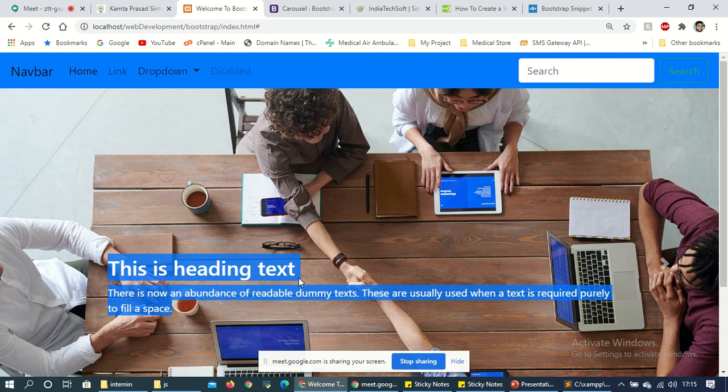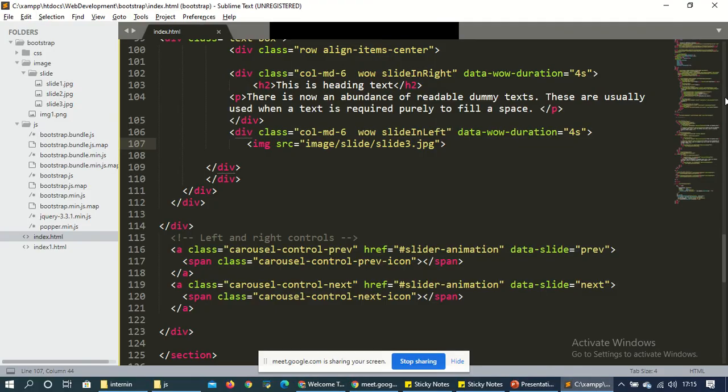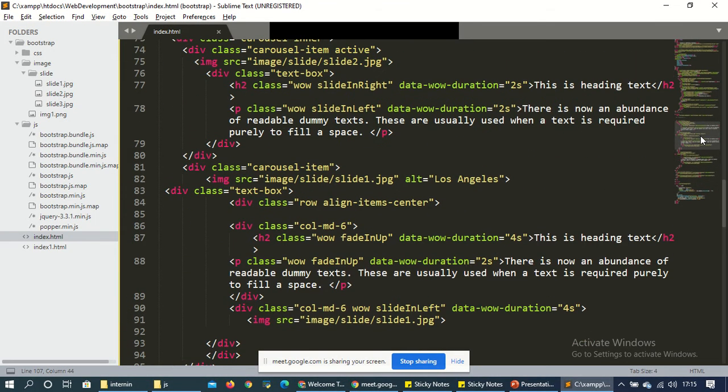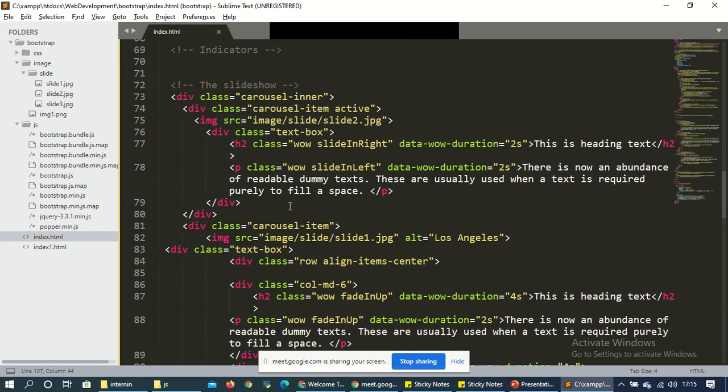You can copy the codes from different websites and paste here. Now all the codes are the same. If I come to this code, carousel item, and you compare this code with the Bootstrap site, you'll get the same code. The caption, the code was on the caption.